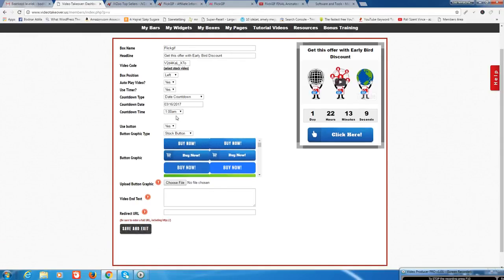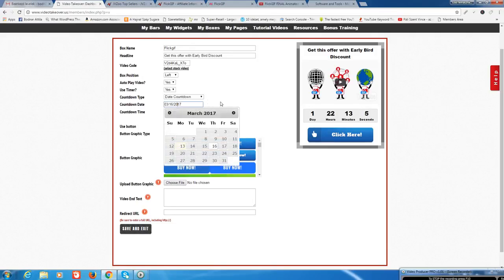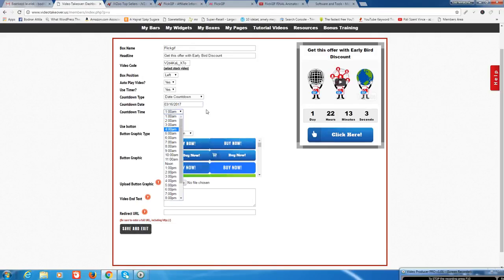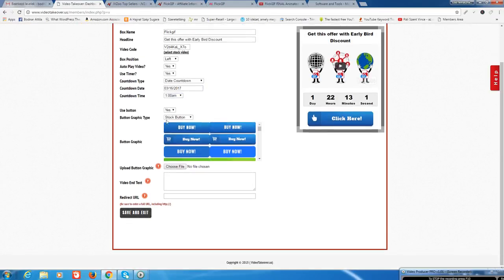So choose the date, you can choose the hour, and here is the use button,